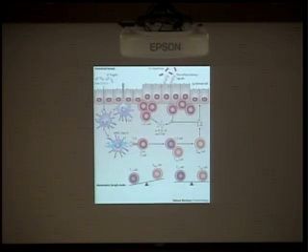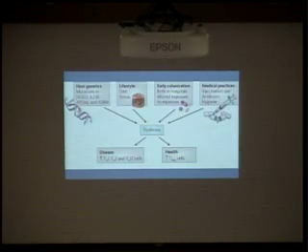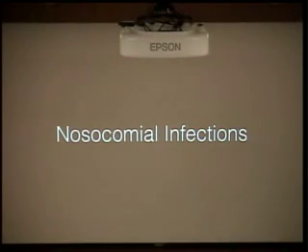And this is what we think is going on in the ICU all the time, which is maybe why we have such a problem with nosocomial infections. And so we know a lot of things that go on with dysbiosis. There are genetic causes. We know there are certain mutations that seem to set you up for it. We know that diet, colonization, and medical practices, including vaccinations, which we don't know why, but they seem to also affect it. It may be that they're just affecting the T cell function. But they all generate this dysbiosis that leads to either health or disease, depending on how severe it really is. So what does that have to do with nosocomial infections and ICUs and the hospitals?